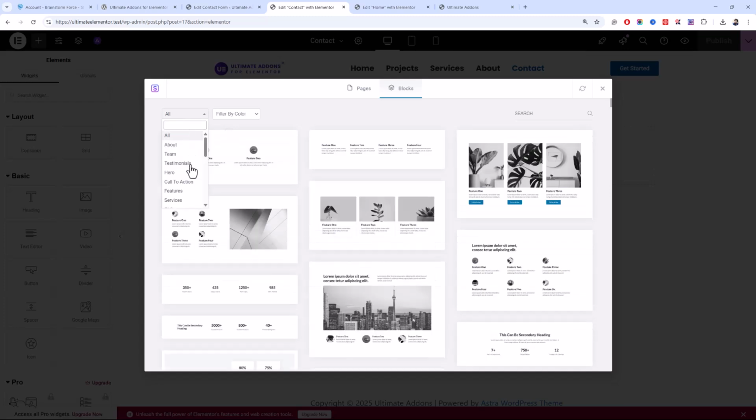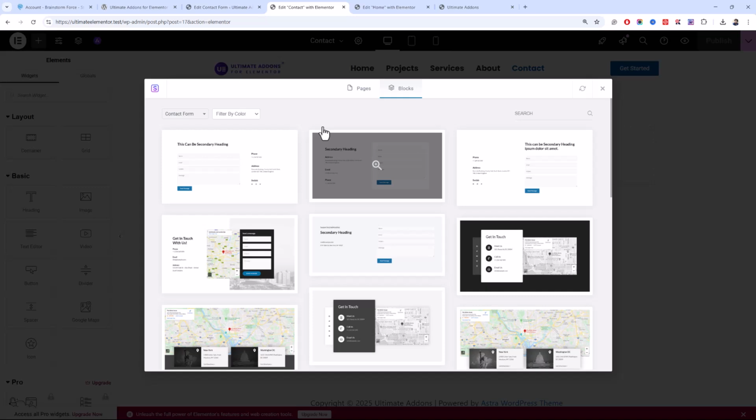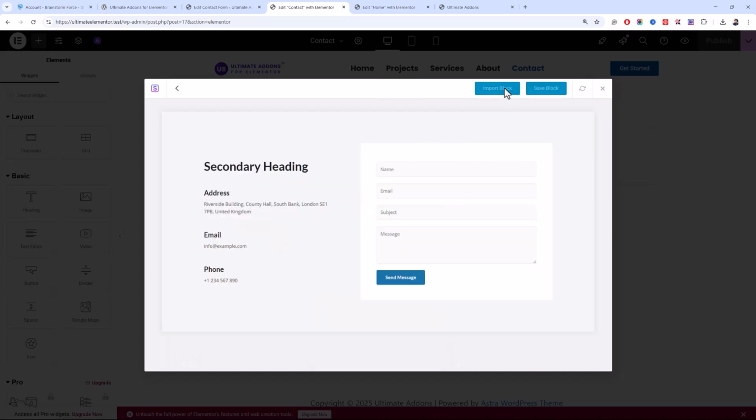select a block, and this time we can choose contact form, and there are a couple of layouts for contact form. Let me choose this simple one. Okay, it will install the required plugins.